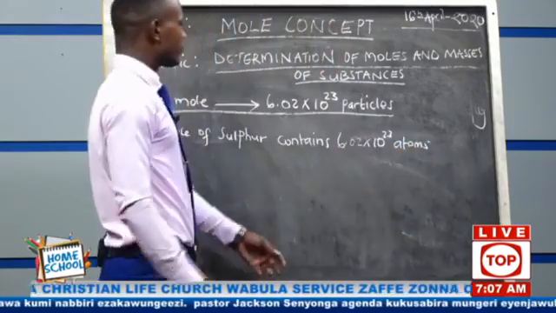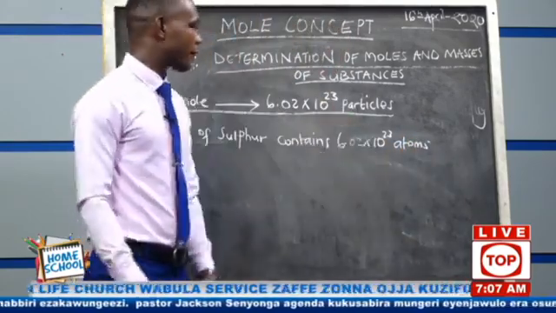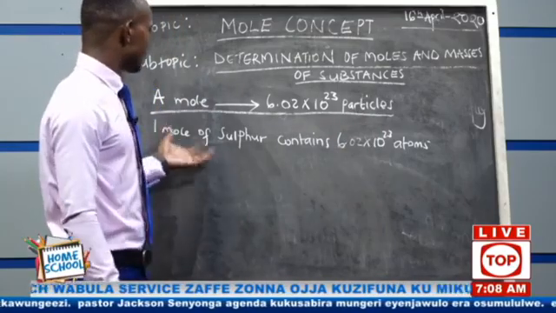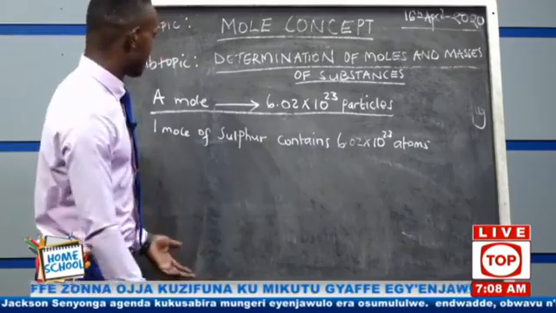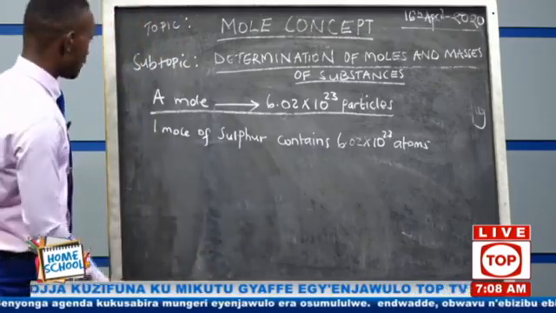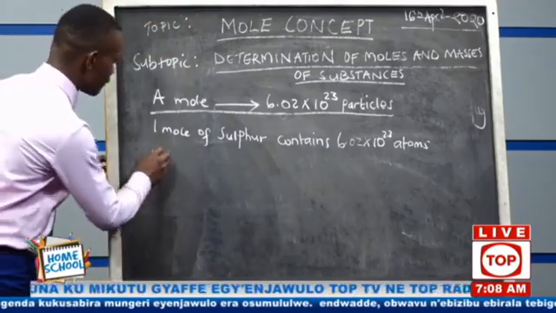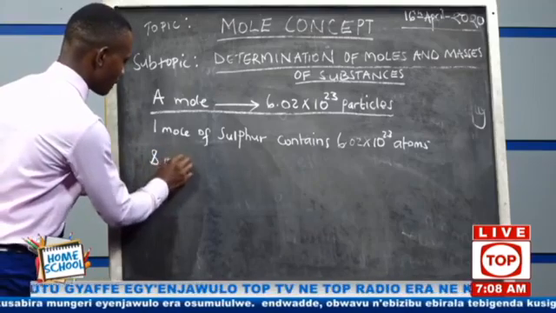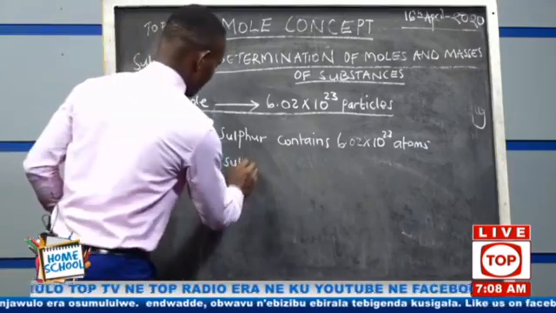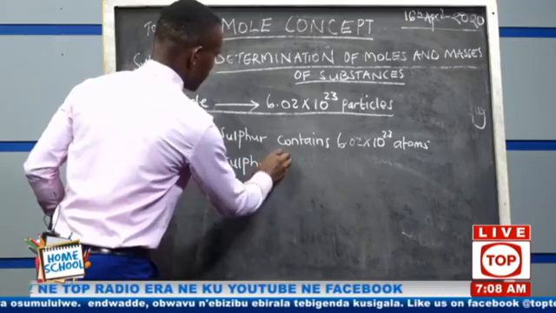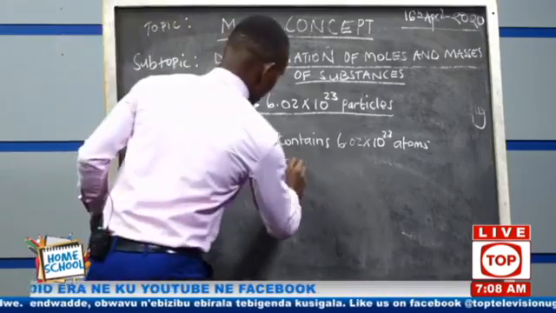So we are substituting, saying that particles can be atoms. So if we look at 1 mole of sulfur containing this number of atoms, now you can ask your question: how many atoms can be found in 8 moles of sulfur? 8 moles of sulfur contains,